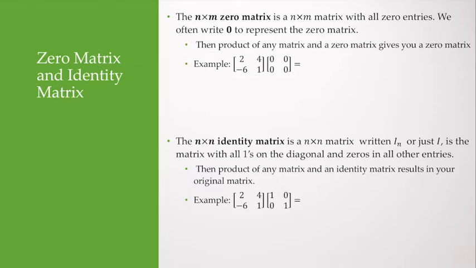So there are two special types of matrices we're going to come across, and those are zero matrices and identity matrices. Okay? If I take the zero matrix times any other matrix, the product's always going to be 0. Let me show you why. So let's practice our matrix multiplication. 2 times 0 gives me 0 plus negative 6 times, plus,